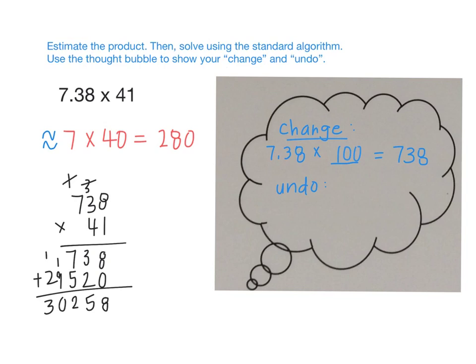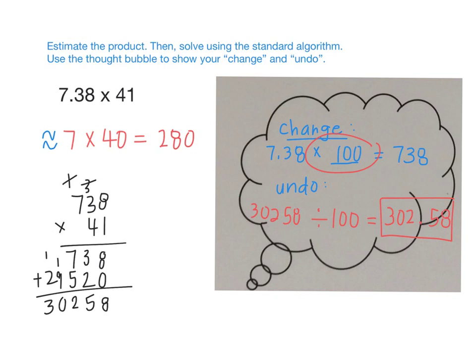We changed the problem before we started. What did we do? What was our change? Times 100. So to undo, if I multiply something by 100, how do I undo that? What's the inverse operation of that? Divide by 100. Good. So I have to take my final answer, which was 30,258, and divide it by 100, which would be 302.58, right? Because remember, when I divide by 100, I have to shift the decimal to the left 2 times. Yeah. Okay, which looks like the decimal's moving 2 times, right? Okay, so my final answer then is